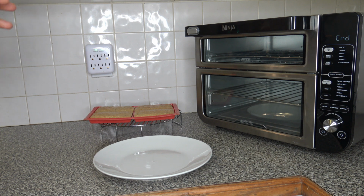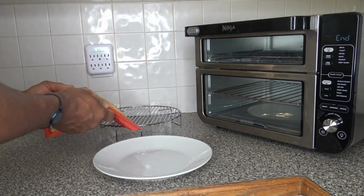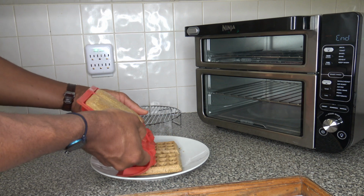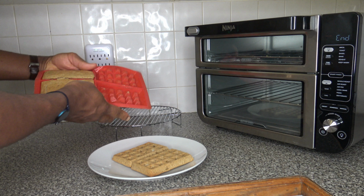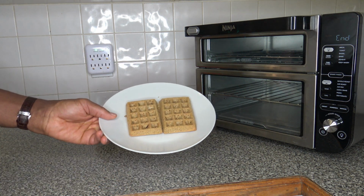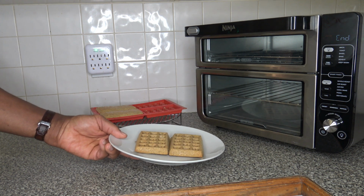So I gave things a little time to cool down, got the light turned on so you can see better. I'm going to go ahead and flip a couple waffles out onto a plate here so that you can see the final product. They're coming out of the molds pretty easy and good. So we see our finished product looks pretty nice. You can tell me what you think about the look of those,